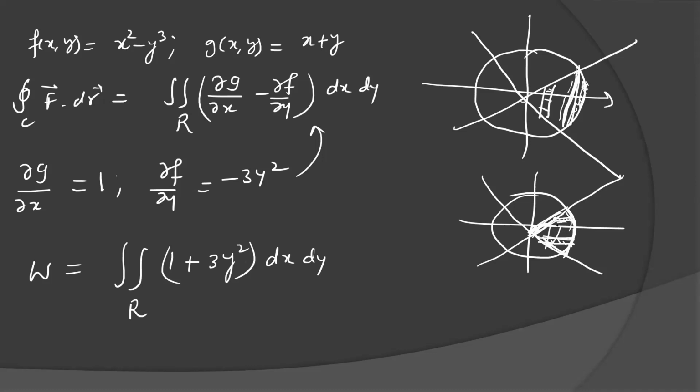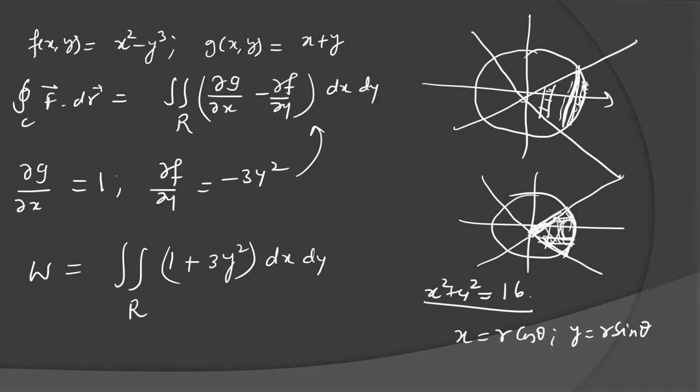So this is the difficulty in this problem. But if we change to the polar form, this question is very easy. I told you, whenever you have a circle in your region, always change to polar coordinates. So you have a circle x square plus y square equal to 16, and you are dealing with a double integration. So what will be the x and y? X will be r cos theta, y will be r sin theta.